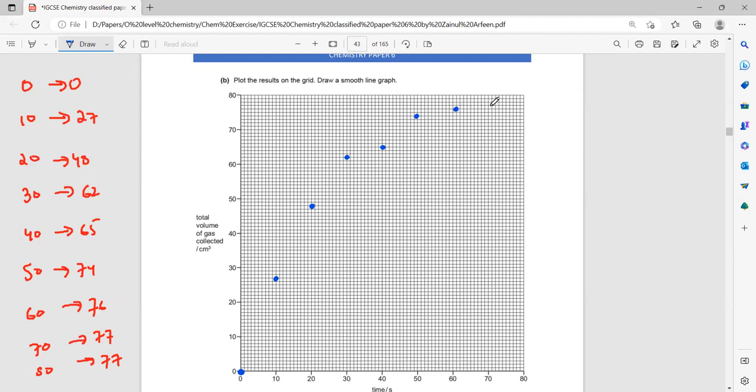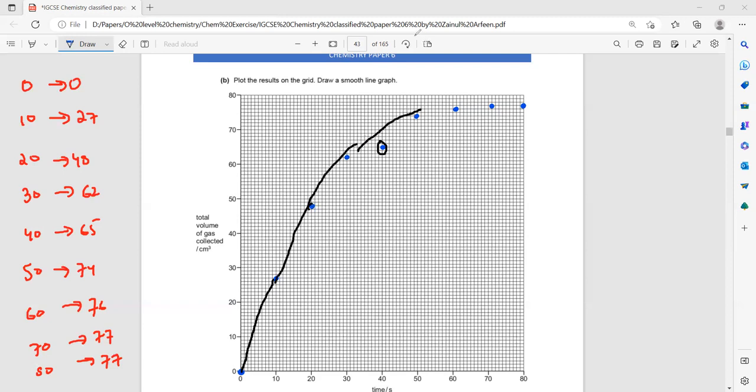And then we have 77, 70 and 77, and 80 and 77. So these are the points. Look, whenever we want to draw the smooth line graph, we'll ignore the anomalous result. As you can see the pattern, this point looks out of the pattern. So using freehand, you will draw a freehand graph, but don't include the anomalous result